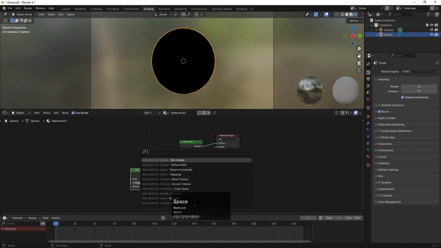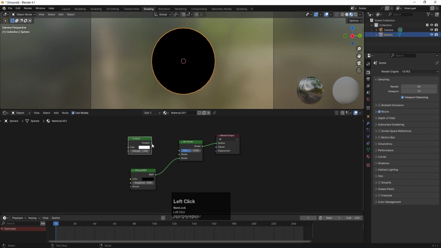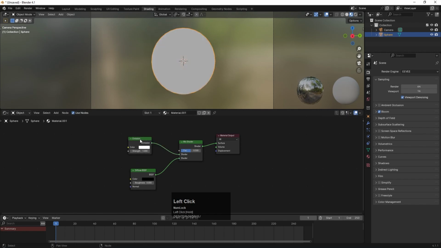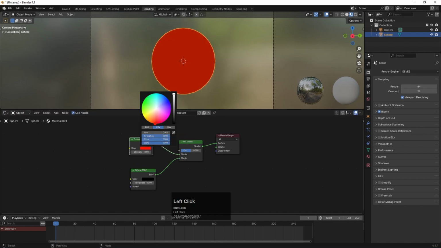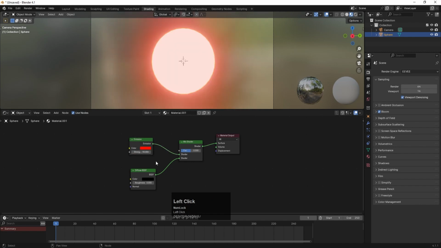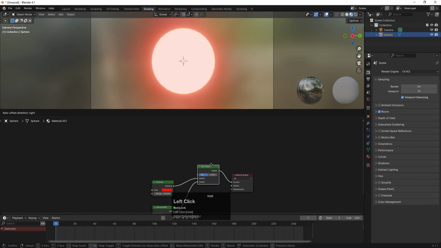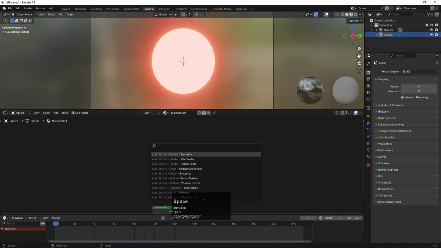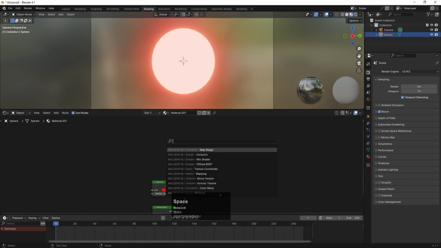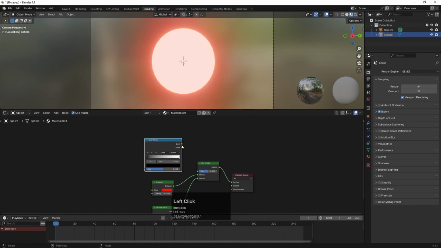Then we will add another one known as Emission and bring this over here, and we will connect it with this first shader. And over here I'm going to choose red color. You can choose whatever color you want, and I'm going to make this value 50 like that. Then we have to add another node over here, so I'm going to type map range, not map range but sorry, color ramp over here,